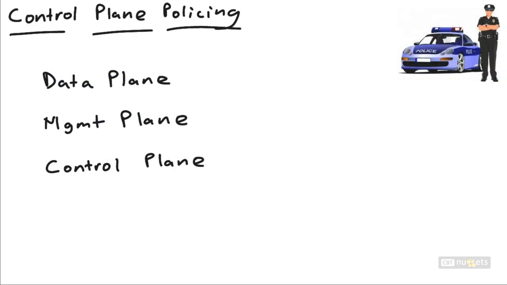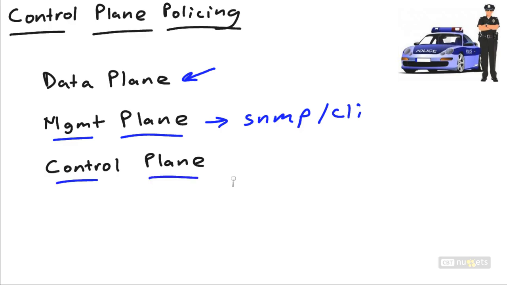Now, the supervisor engine does a remarkable job of separating the traffic into different planes of operation. Then we can enact certain types of controls on that various traffic. The supervisor engine identifies data plane traffic. Sure, the packets that are coursing through our data center in order to move information from place to place. But then we have management plane traffic. A great example here would be something like simple network management protocol, and also packets related to the command line interface. Then there's the control plane, and these are